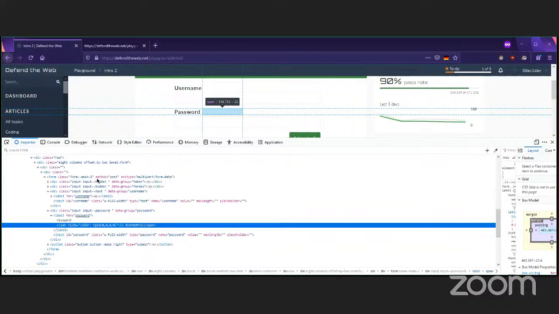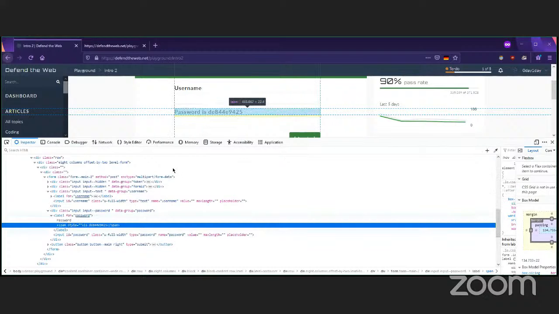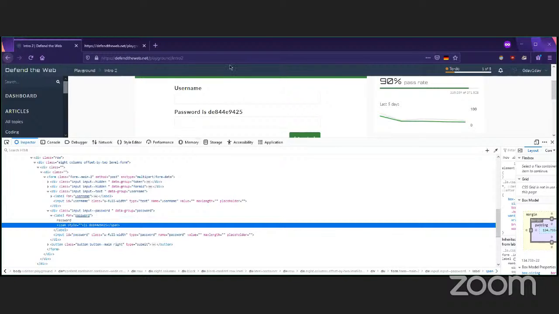And so I remember seeing this color, RGB 000. If you know anything about these hex colors, the RGB is just another hex format, and it's just invisible, pretty much. Don't show it. So what happens if I just delete that and hit enter? If I delete it and hit enter, it shows me the password is this.